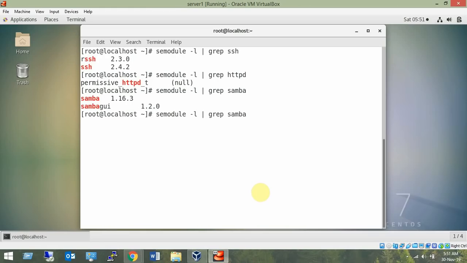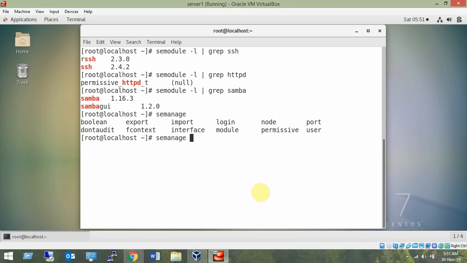So now we are looking for semanage. A good point is you can use the tab key here. It is a very good command line completion option. I just press the tab key and I can see what all options are available. So I type p and I'll get the option port, right? And -l will give me all the ports, but of course I want to grep